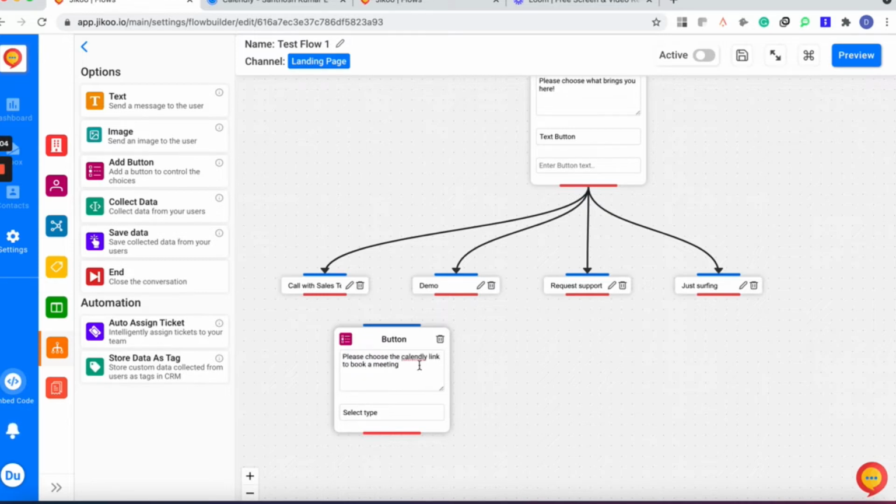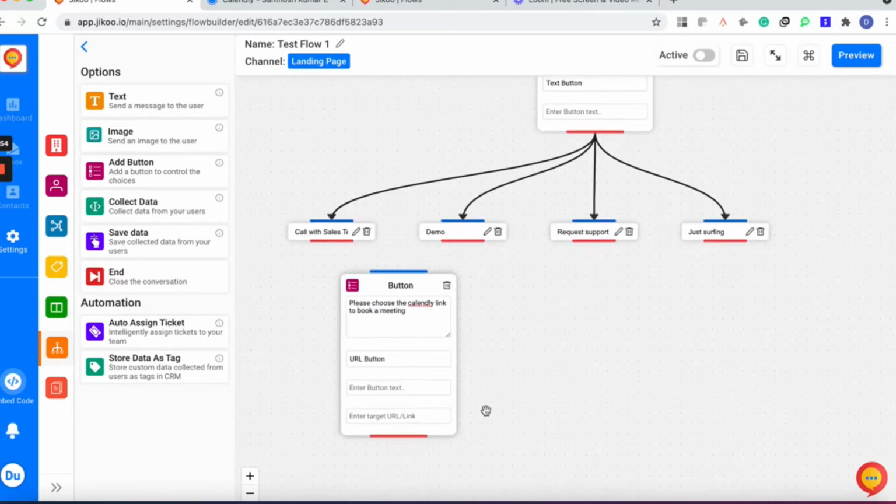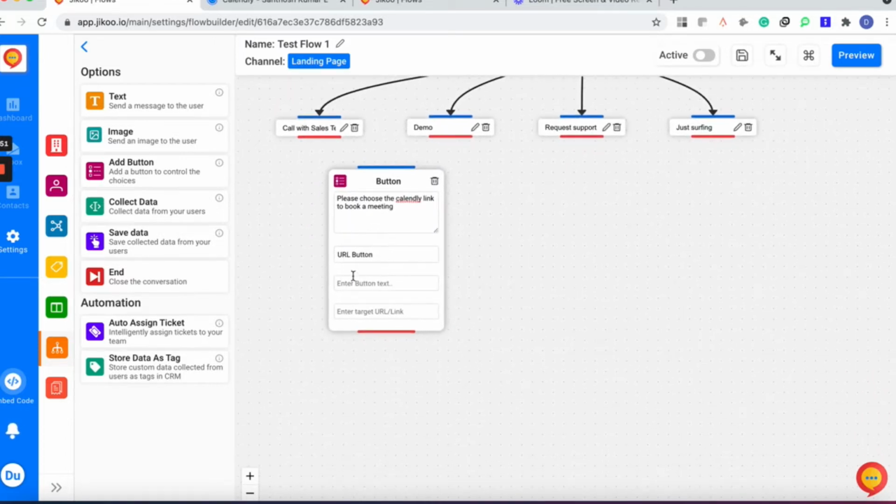So I'm just telling them, okay, I'm just informing them via text, and I'm just selecting how it should appear. I would like to redirect them to a page, so I'm just selecting URL button. So here is the part. Here, enter button text, enter target URL link. Which means I would like to show them book a call or demo as a text.